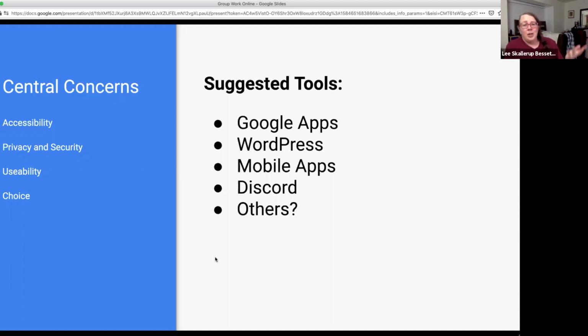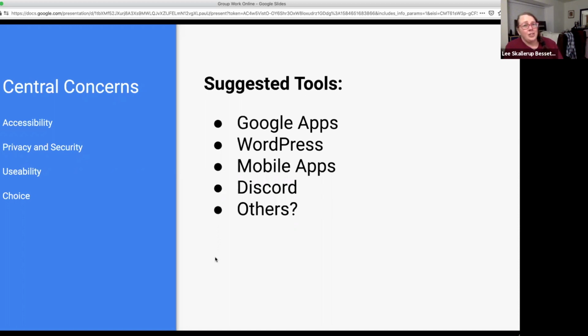And then one of the ones that keeps coming up over and over again right now as I'm working with faculty and hearing stuff online is Discord. My kids use it for video games, and it's quite popular, and from what I understand, user-friendly. However, it's also public and not necessarily secure. So there are balances that need to be considered.